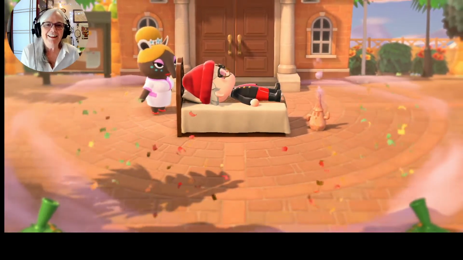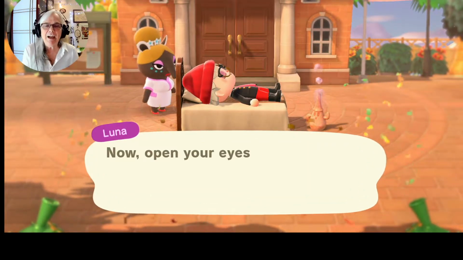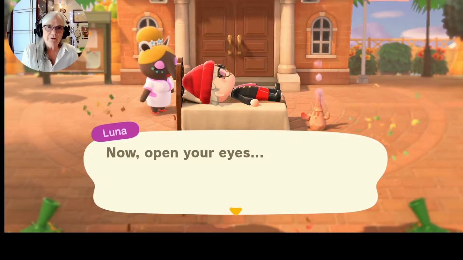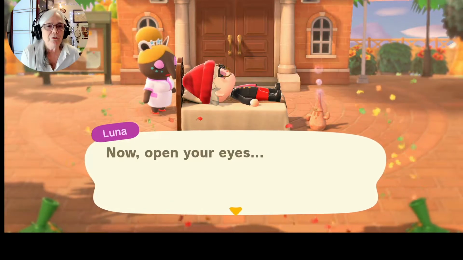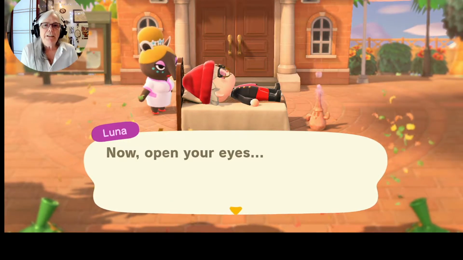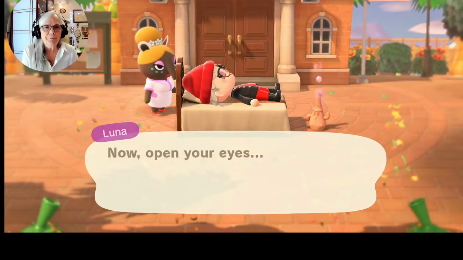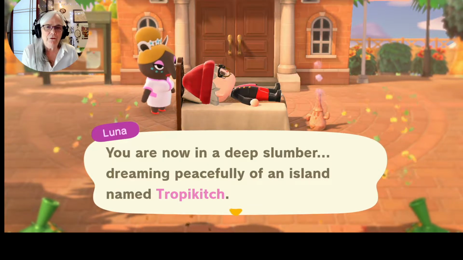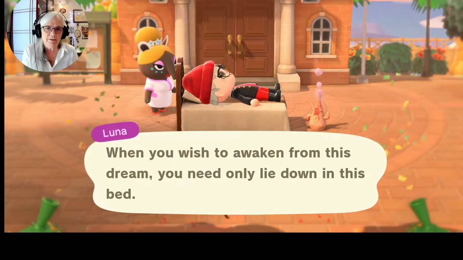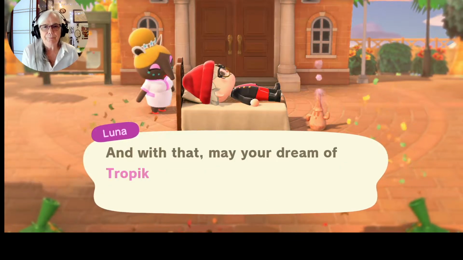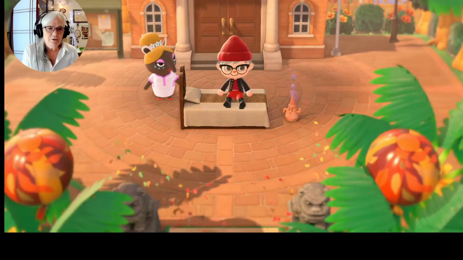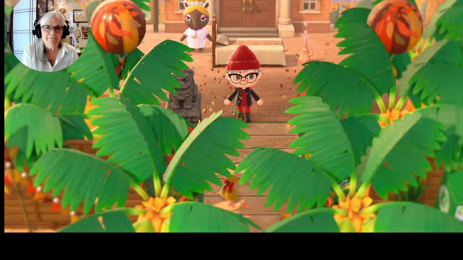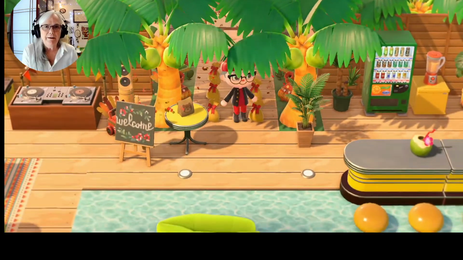Now, you see how they have these confetti things? When you are dreaming, you always start right outside resident services. So if you're going to set up your island for dream visitors, then make sure you have stuff set around resident services for them, which Marilyn does. Right away, you get up here and you've got all this confetti, and look, there's gifts. So pick these up.